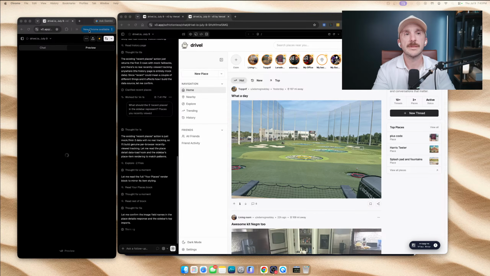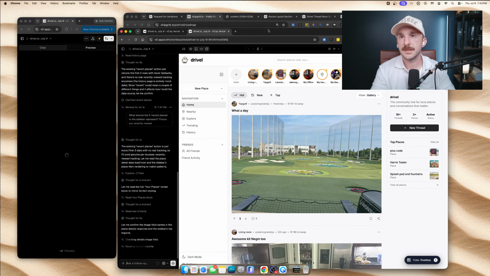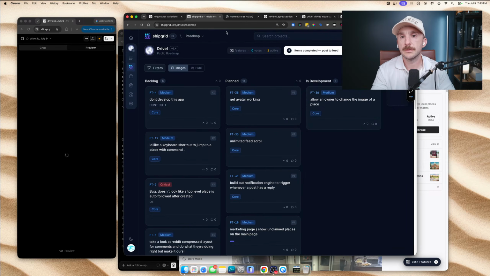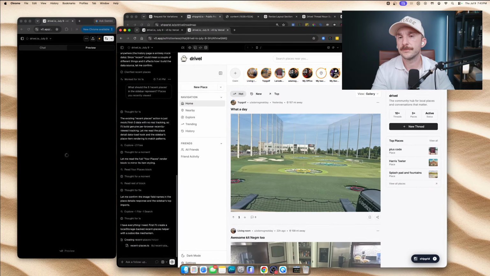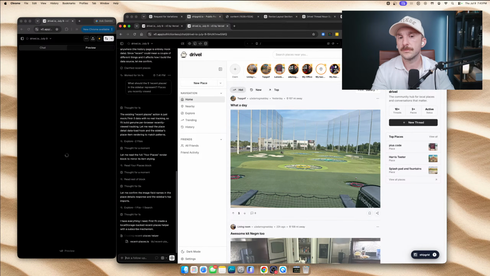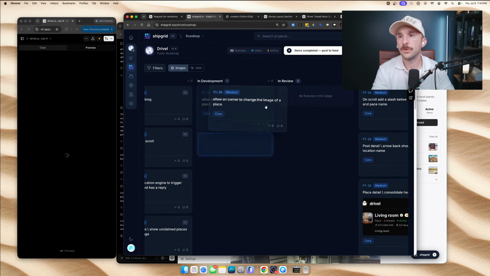Okay. All right, let's take a look at our shippity gritty. So allow an owner to change the image of a place. I feel like that works now, doesn't it? Does it work? I think so.